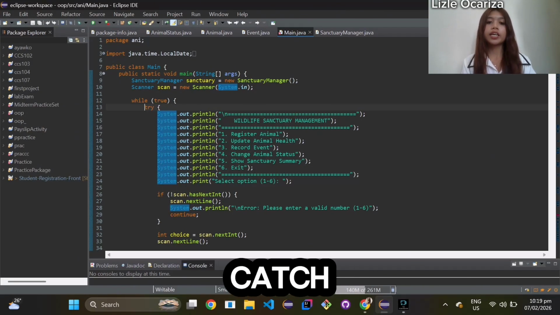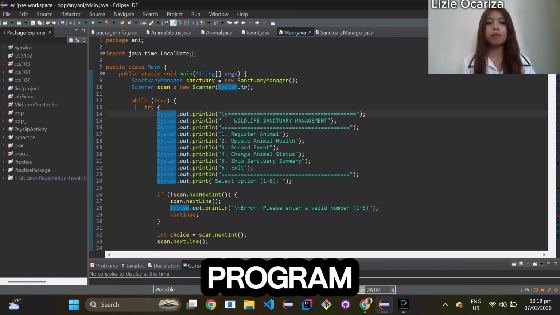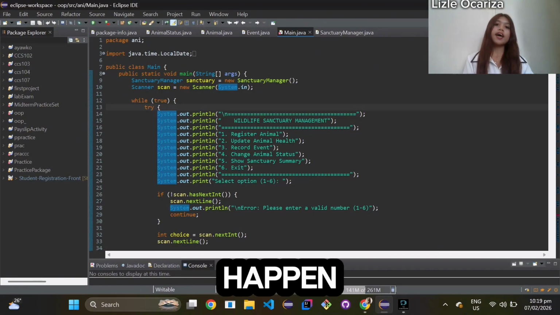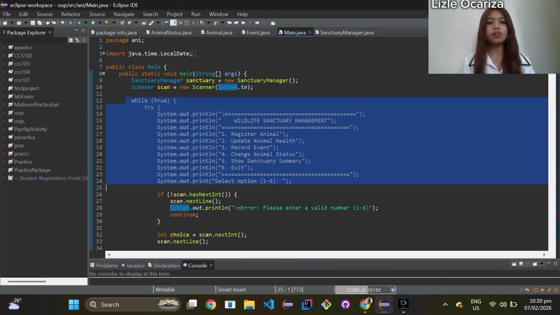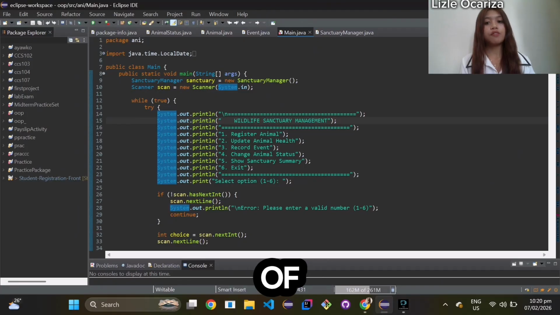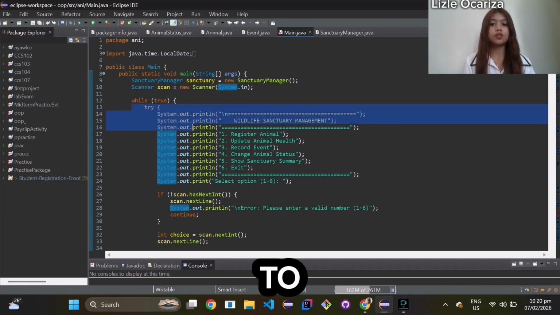So, without try catch, one wrong input could crash the whole program. So instead of letting that happen, we catch those errors to show a friendly message and let the users try again. So the program stays stable, the data stays safe, and the user doesn't need to restart